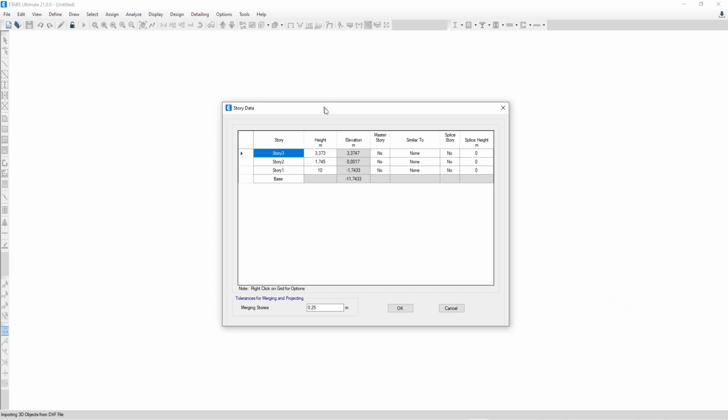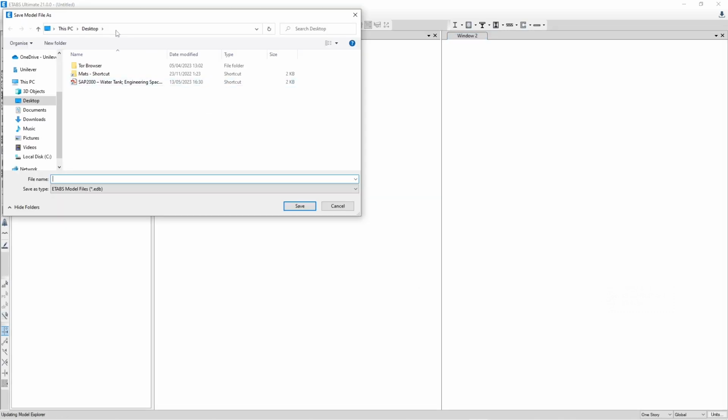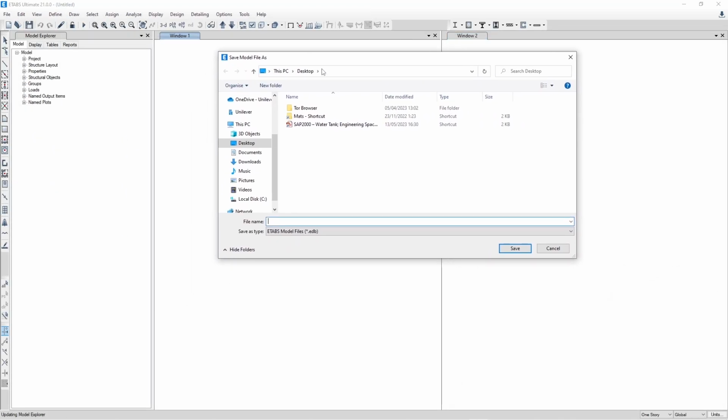A new window will appear again, which contains the stories of the building with a total of 3 stories and the base story, and for merging stories automatically, 0.25 millimeters. Just press OK here, and the system requires us to save the file first, so let me save it